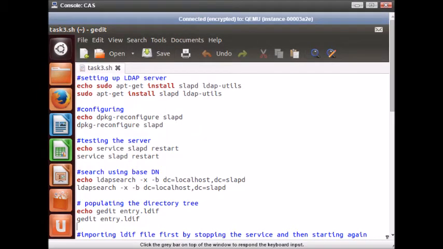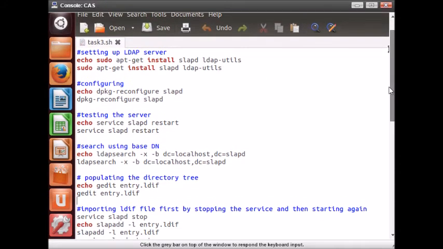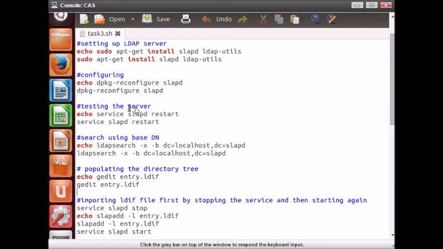Now we install the LDAP server on the CAS server. For that we use this apt-get install, uninstall all the utilities, reconfiguring, testing, then searching using ldapsearch. This will give a result to make sure that LDAP is working.